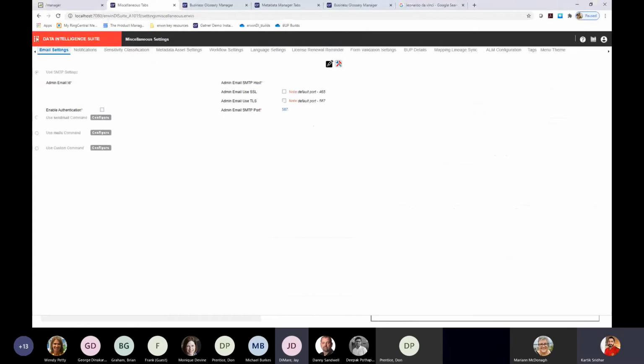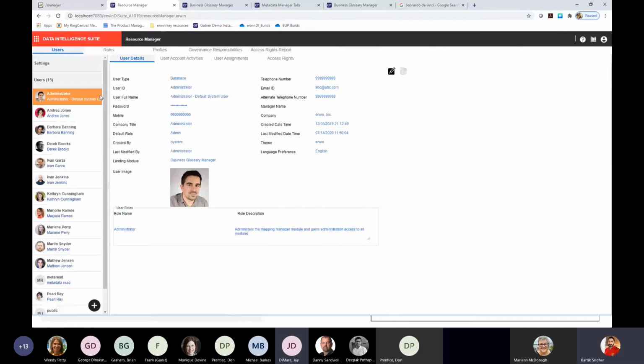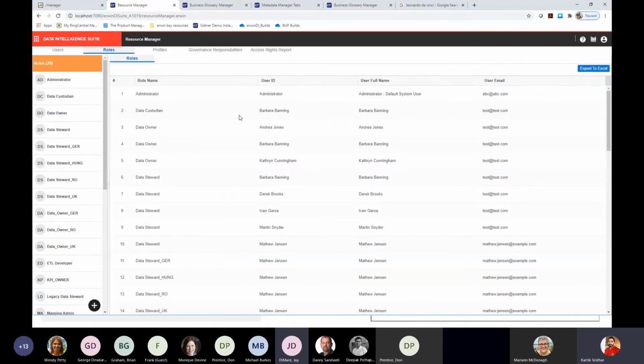And in general, going into Resource Manager, we've also enhanced the UI of the Resource Manager so that now, when an administrator goes in, they can easily identify who the different users are. So you will now see user icons and you'll easily be able to identify who your users are. Same thing for roles as well. You can easily navigate through your roles and you can get enterprise reports directly from this interface. So you can see across your organization what are the different roles and what are the different users that have been assigned to each of those roles.